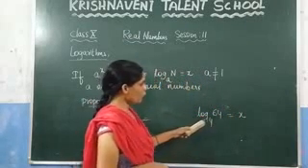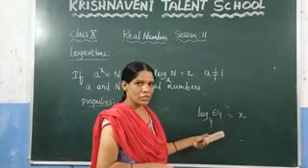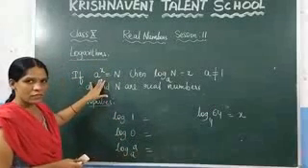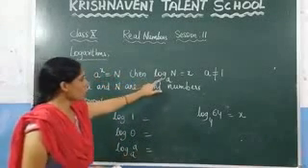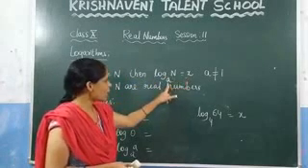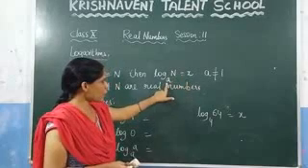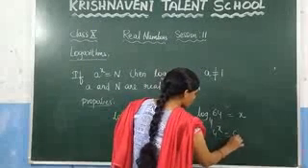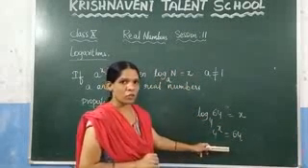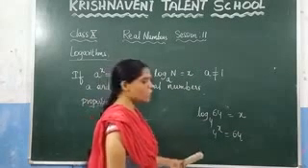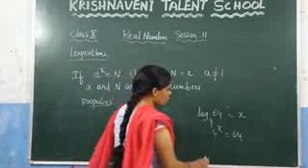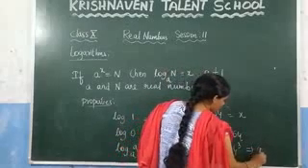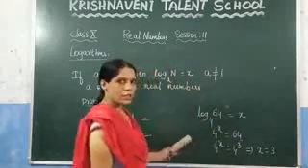Here they have given it in logarithm form. If you want to find the value of x, you need to write this in exponential form. Based on this condition, if log n to the base a is equal to x, you can write it as a power x is equal to n. Similarly, here you can write 4 power x is equal to 64. Can we write 64 in the form of 4? Yes, because 4 4s are 16, 16 4s are 64. So 4 power x is equal to 4 cube. Since the bases are equal, what is the value of x here? 3.